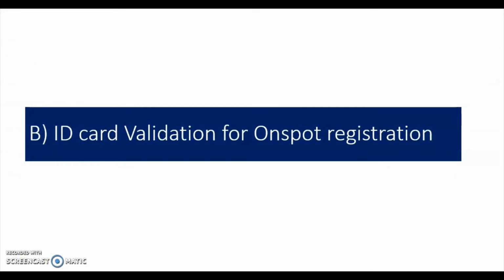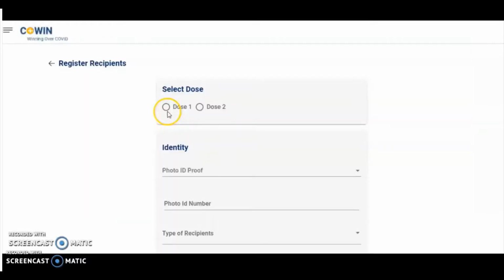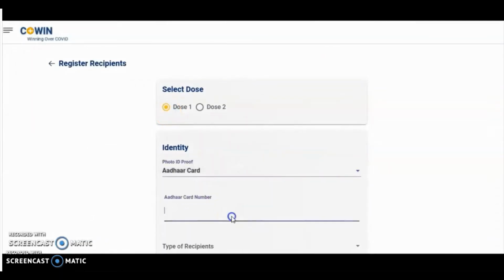ID card validation on-spot registration. We have implemented ID card validation on-spot registration. The user will be prompted for a duplicate ID card like Aadhaar number while the beneficiary is getting registered on spot. So when the vaccinator adds or registers the beneficiary in the session, let us take an example.